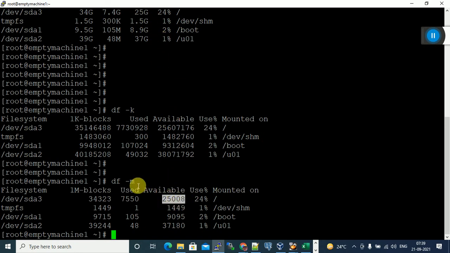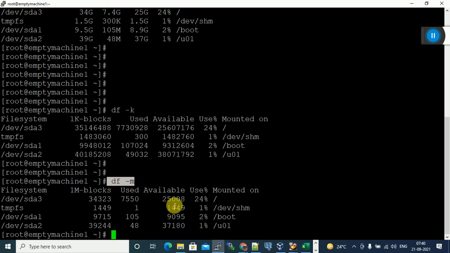If you want to see kilobytes, df -k. If you want to see megabytes, df -m, the mount point details will be in MB. 25,000 MB is equivalent to 25 GB. Clear?